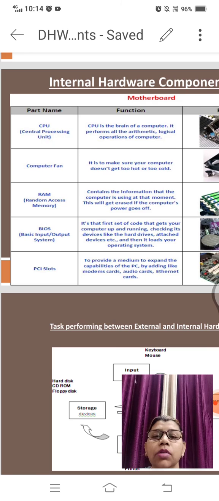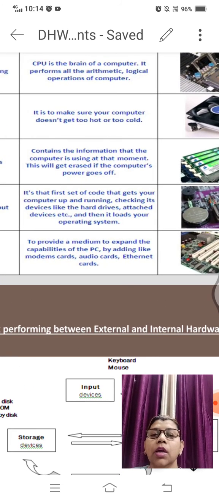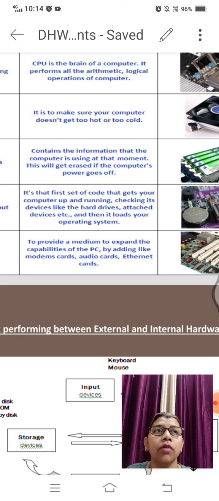Next is BIOS. As you can see, the BIOS is the first set of code that gets your computer up and running, checking its devices like the hard drive and attached devices, and then it loads your operating system. It means BIOS is a platform or track which holds all the work of all components of a computer inside the computer.